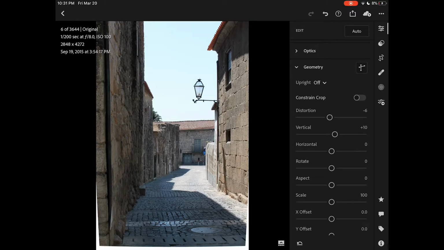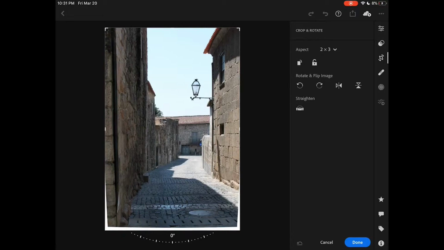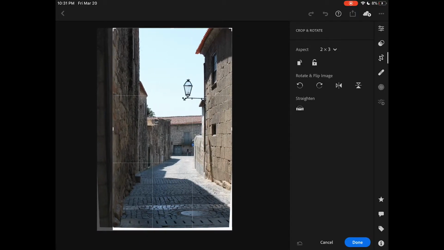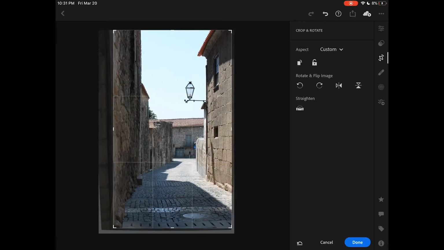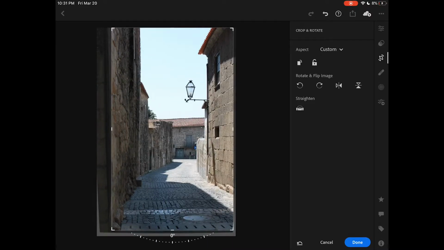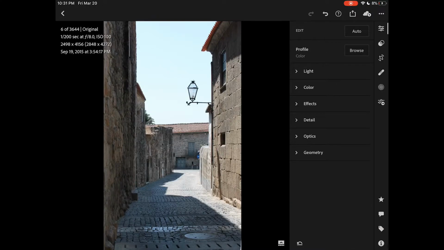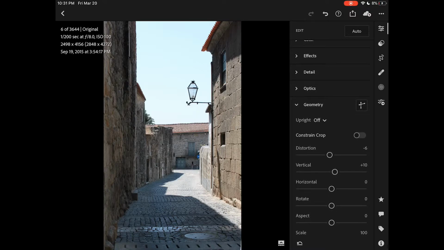Okay, so now that we have that part done, I'm going to move over and crop the image to get rid of the blank white areas. I'm also going to take out that pipe on the side because I feel like it's a little bit distracting. Make a slightly longer, narrower ratio because I feel like it works better with the composition of the overall image. There we go. We've finished all of our geometric